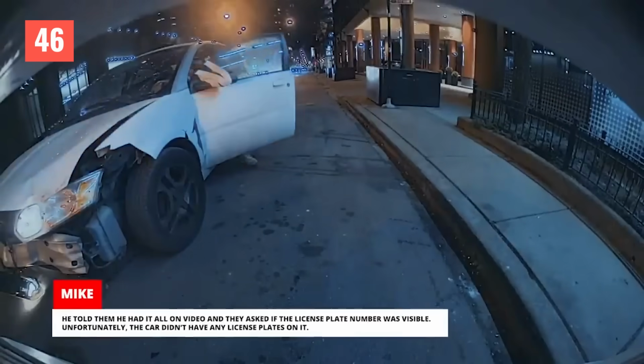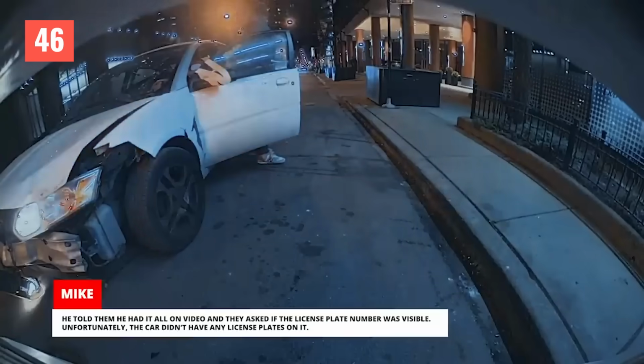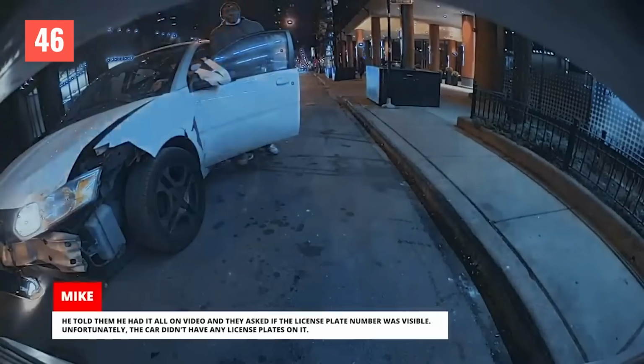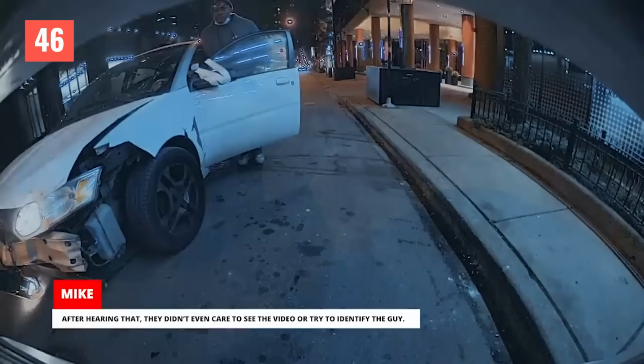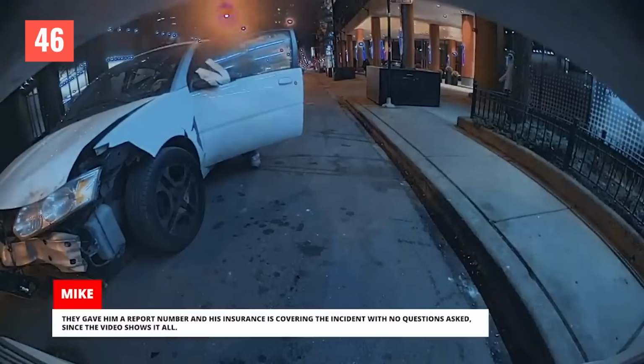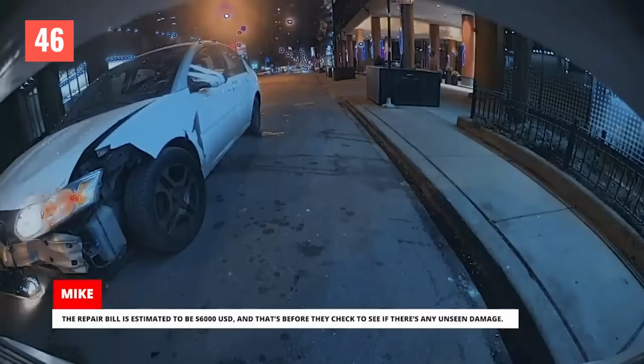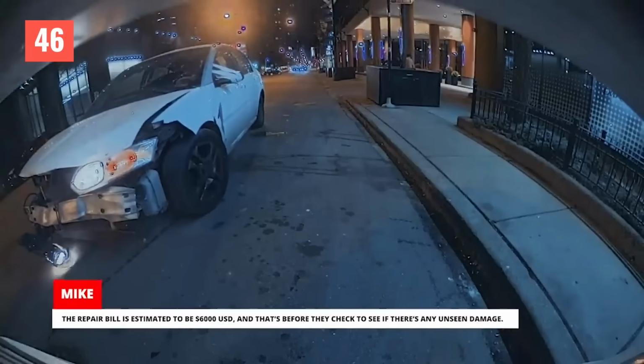He told them he had it all on video, and they asked if the license plate number was visible. Unfortunately, the car didn't have any license plates on it. After hearing that, they didn't even care to see the video or try to identify the guy. They gave him a report number, and his insurance is covering the incident with no questions asked, since the video shows it all. The repair bill is estimated to be $6,000 US, and that's before they check to see if